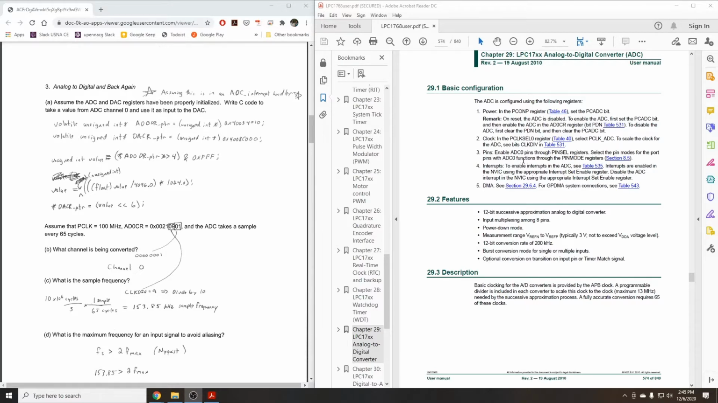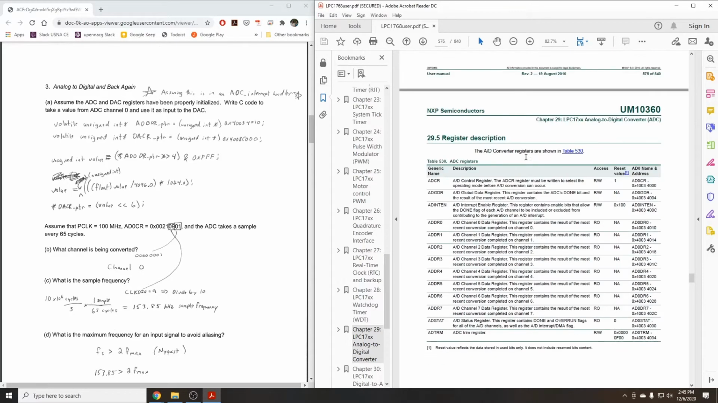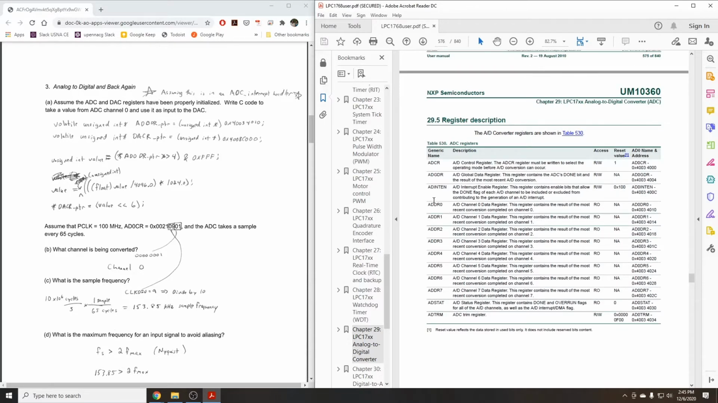So we want ADC channel 0 here, which if we look at the general register description, we can see that we have the control register, the global data register, which we could use for this if we wanted to, and the interrupt enable register, and then data registers for each channel. So there are 8 channels total. Here we're asked to get the value from AD channel 0, so this is probably the best thing to use here. So we want to take something from AD-DR0,